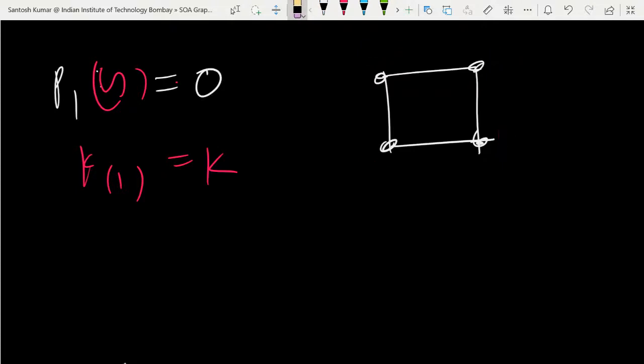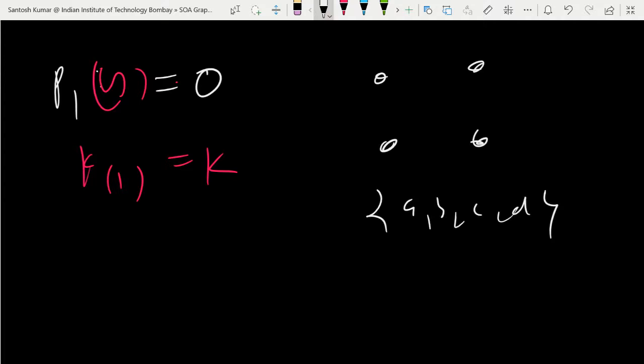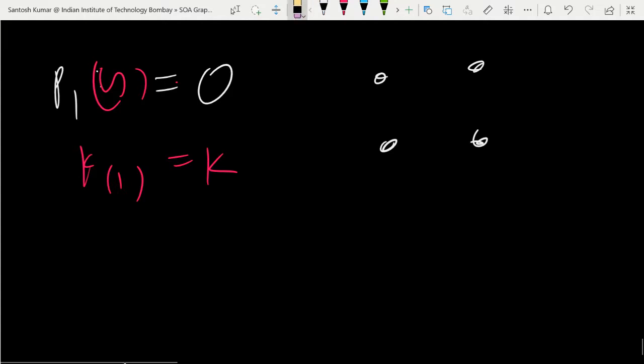If it is possible, suppose the graph is like this, or you make it disjoint. If the graph is like this, then you can partition it into one set. You can write A, B, C, D as an independent set. Then you have one partition, and you can give all k colors. But here it was not possible, so that's why this was 0. That's why there is no role of this.